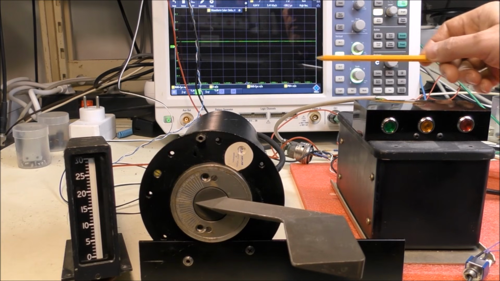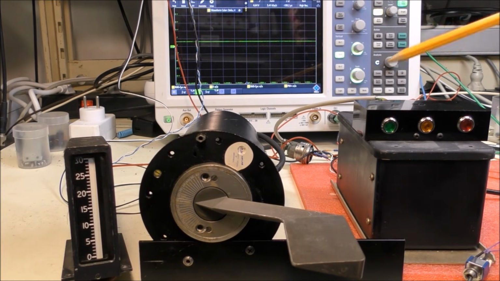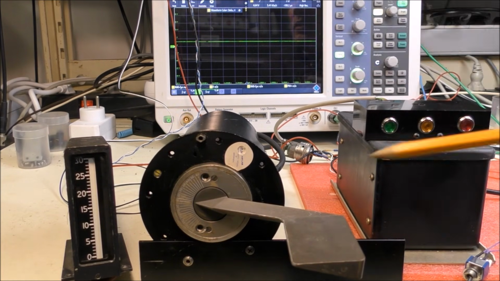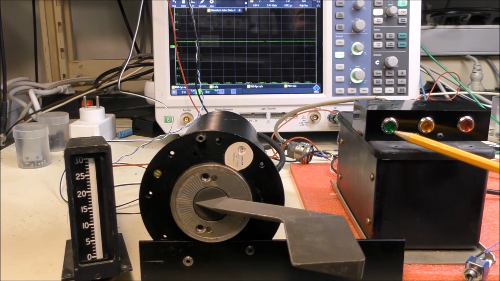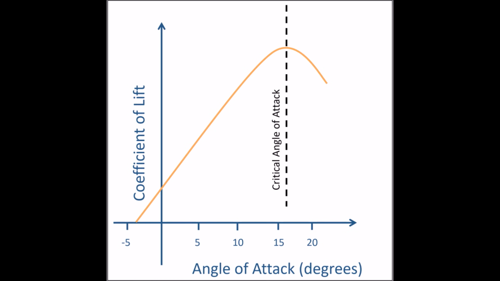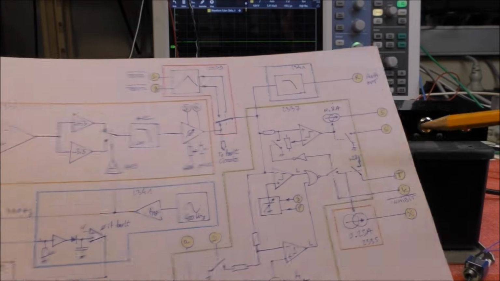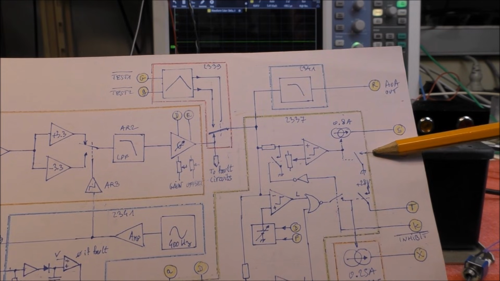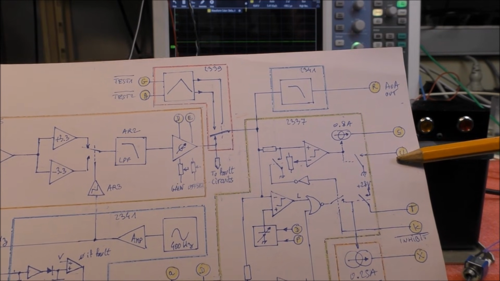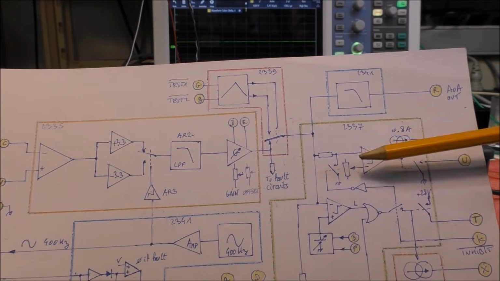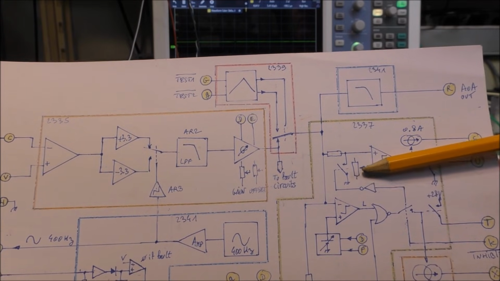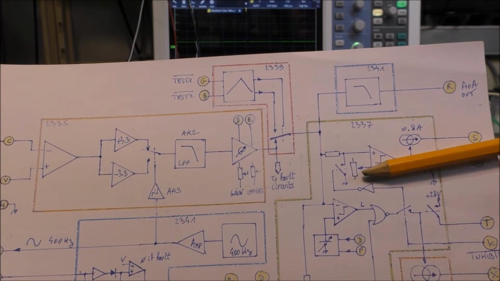Okay, so the oscilloscope here is connected to the output, which is the input of the angle of attack indicator here. This lamp is activated in normal mode and is off in test mode. This lamp corresponds to the critical angle of attack. Okay, so it is connected between this output, which is actually an open collector here, and the power supply. Okay, so there is here an adjustment which permits to set the critical angle of attack.